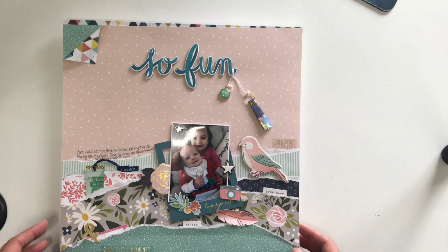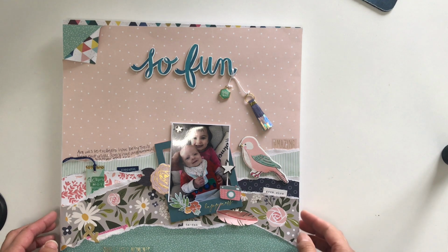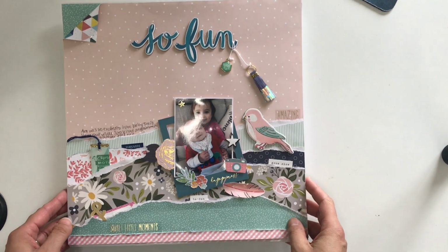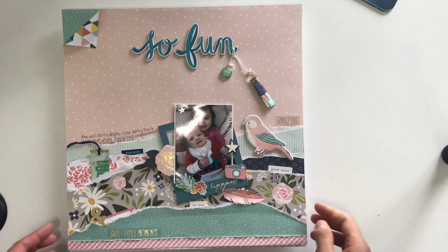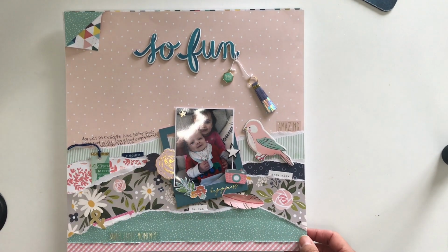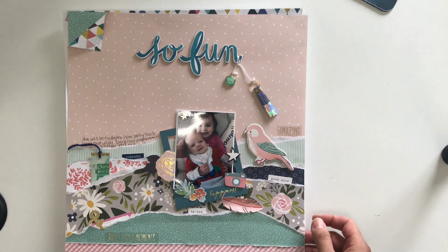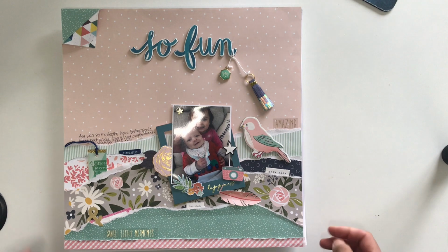This one, no, I don't love it that much, I'll be honest. It was for a challenge at the crop as well, and the challenge was to scrap lift a magazine cover, and the magazine cover was a hunting magazine, and it had landscape, and it had the hunters with the deer that they had killed. I didn't love it, but